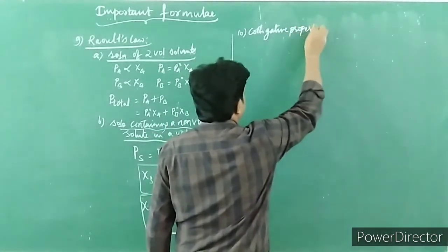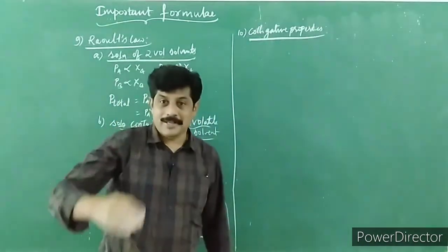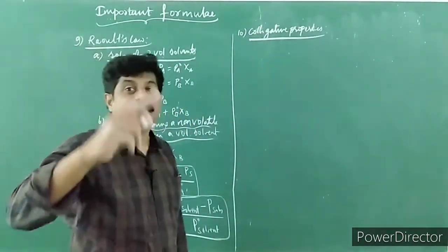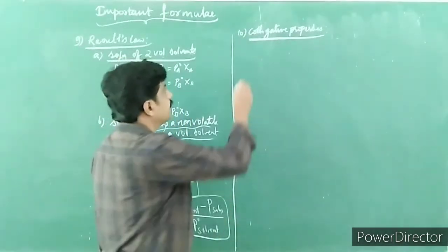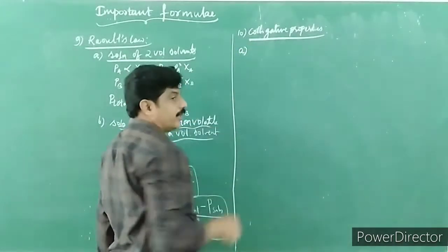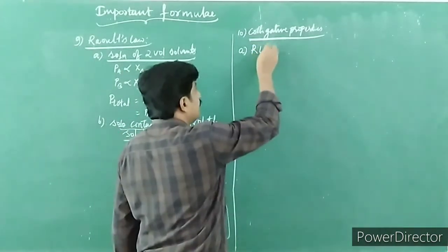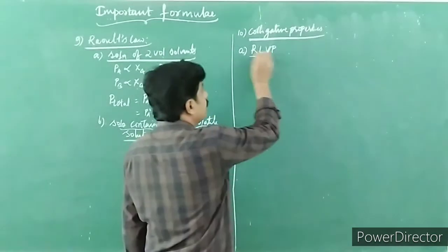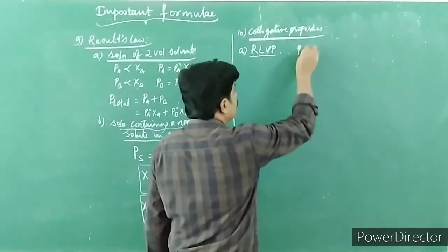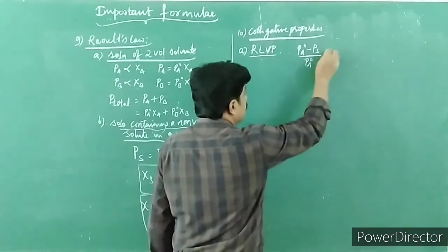Any properties which depend on the number of solute particles but are independent of the nature of the solute particles are colligative properties. Under this, you have learnt 4 different colligative properties. Number 1, you have learnt about RLVP, relative lowering of vapor pressure. How do you write that? Please look here: PA naught minus PS upon PA naught